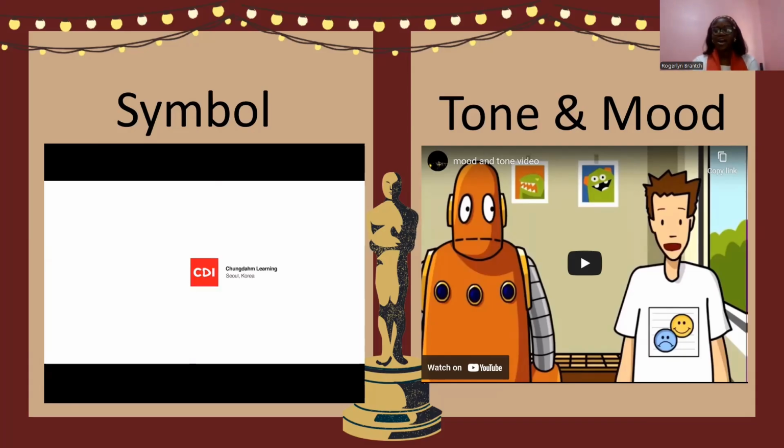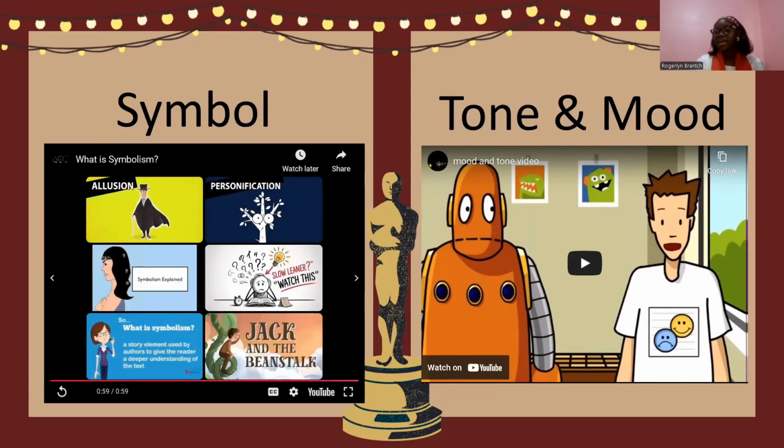Great. So when we talk about symbol or symbolism, that is whereby an item or an object or a non-living thing in that story symbolizes a deeper meaning of something. It is explained in Snow White, whereby the apple represents deception. When the evil witch, if you watch the story Snow White, gave the apple to Snow White, she falls into a deep sleep. So that apple represents something deeper than just an apple.